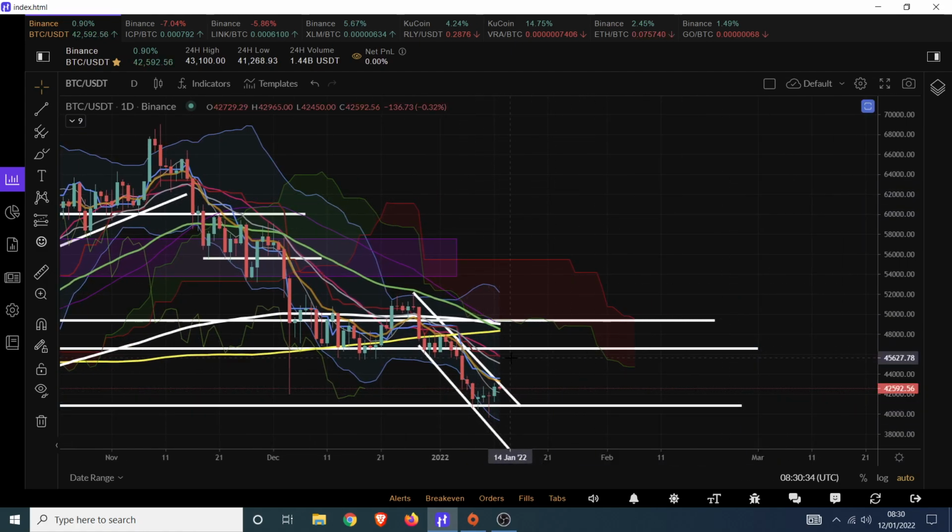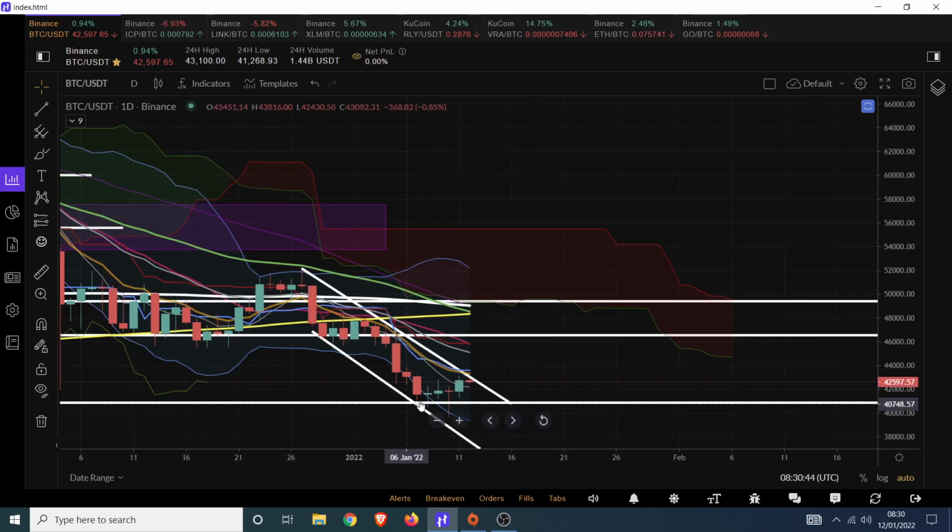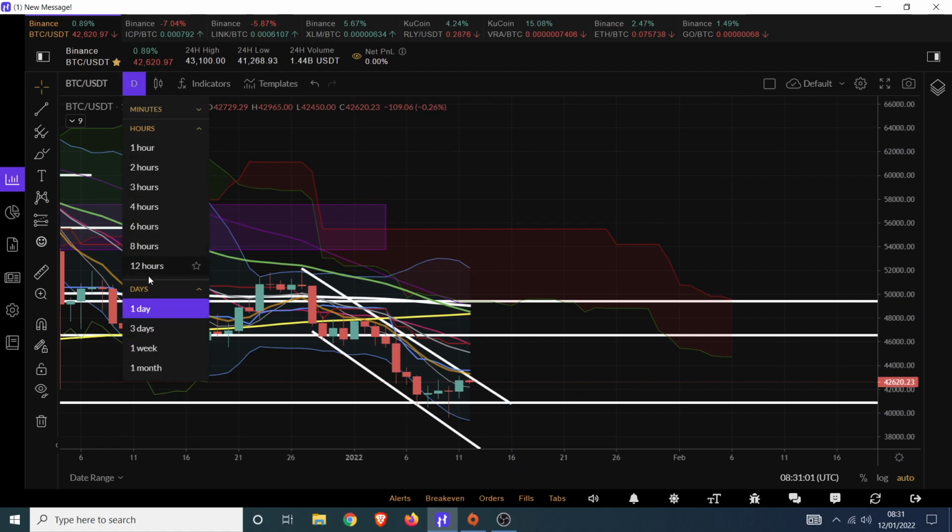This is what I expect, this is what I'm looking for, and this is what I think we're going to get. So, outside of those death crosses, just so you know, we're still in this descending channel. We've come up to the top of it. Are we going to get rejected from here? You would expect so. Like I say, this was the trade to make, wasn't it? And for those who had the time, or the skills and experience, or the facilities, or maybe even just the money, the derivatives trade had been played here. Now, it doesn't mean that this can't continue on. I mean, it certainly could.